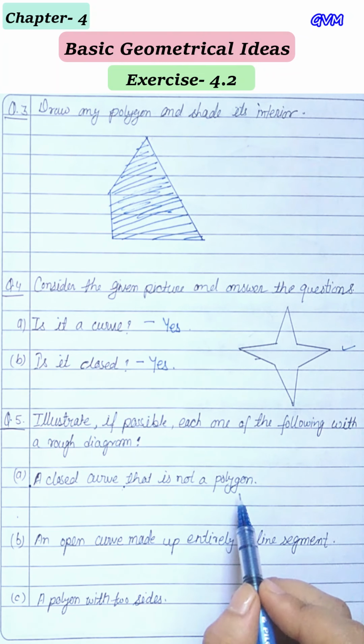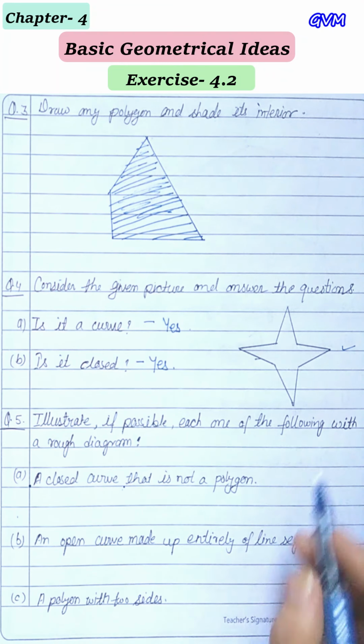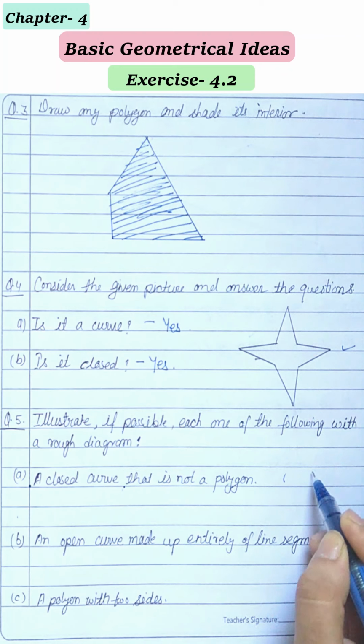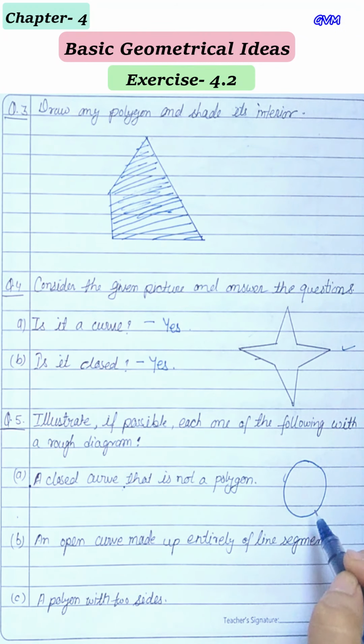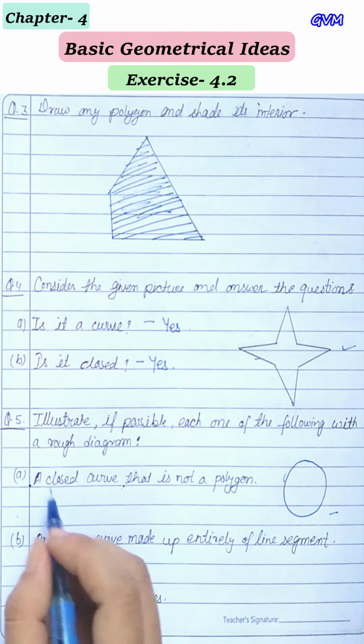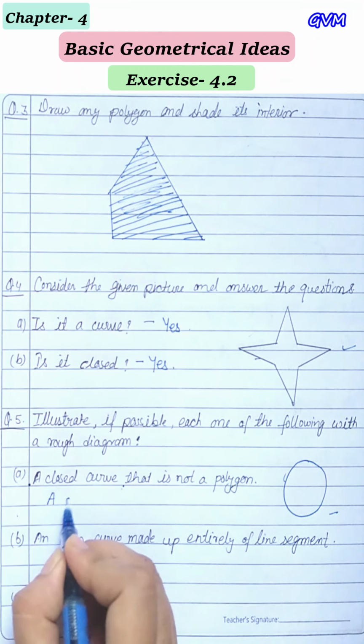So we should not make a curve that consists of any line segment. So we can draw it like a circle. So a circle is the best example for a closed curve that is not a polygon. Okay, so this is the diagram,